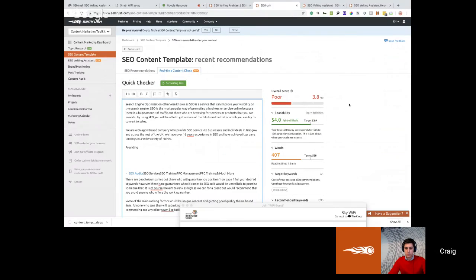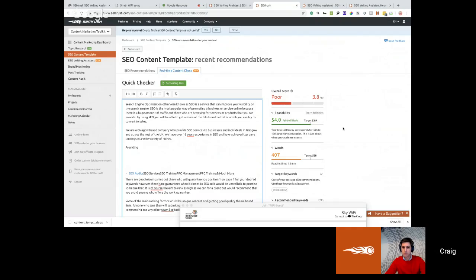Obviously you've got to use common sense and things like that. But readability is really up to yourself and your target audience as well. You guys know your target audience and you know what tone of voice you want to use and all that kind of stuff. And there is no real set guideline on the amount of words used on a particular piece of content. But it's always good to see what the other guys are using. And obviously, SEMrush are saying 538 is the kind of optimal amount for SEO in Glasgow. So it's a great guide to have.